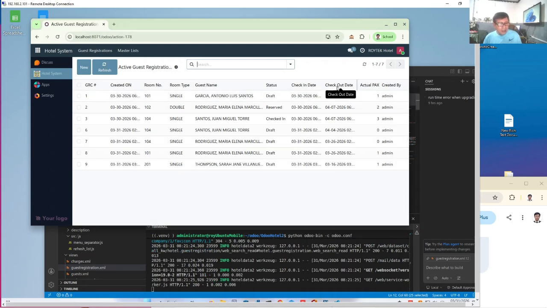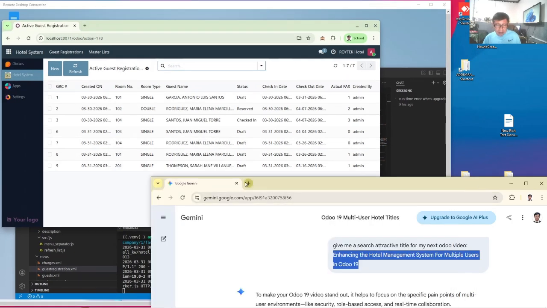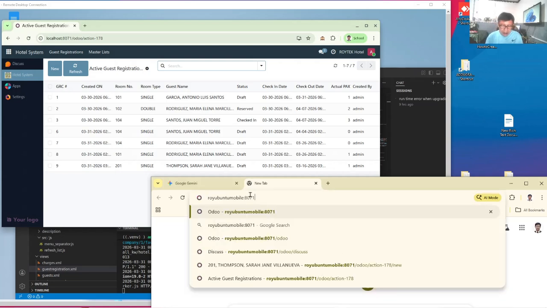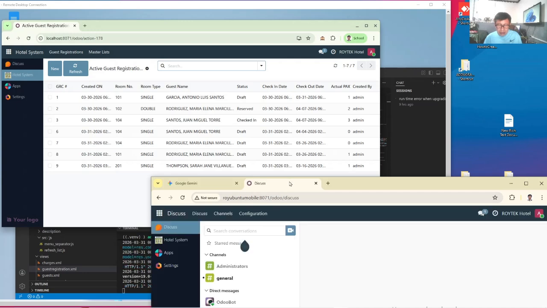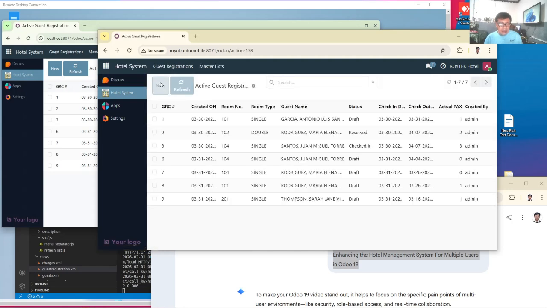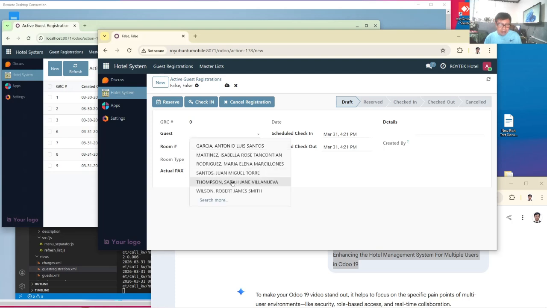Now let me demonstrate creating another registration by using my local computer. Remember, I'm connected to my server separately, so let me just open my remote. This is the remote computer. Let me go to the hotel system and create a new registration. Take note, there's a created by here.